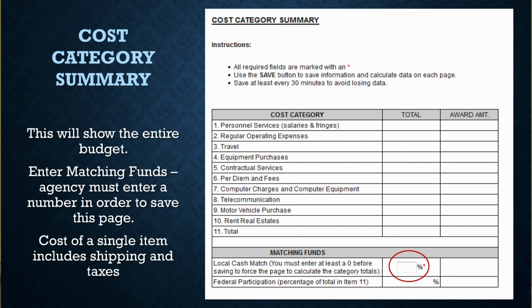So then the last slide here is the cost category summary. So this, as you can see, starts from the very beginning and gives you all of those slides that we were talking about, and it gives you a summary of all of them. So I'm going to try to get through this without her help. But